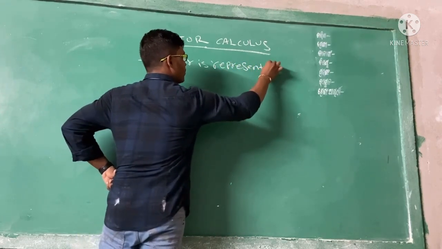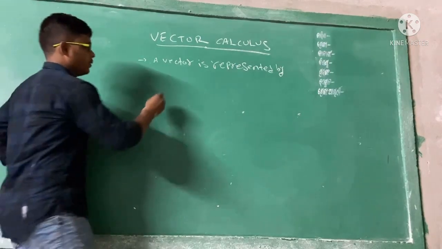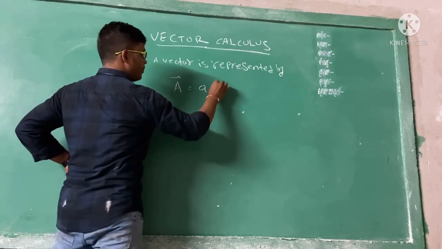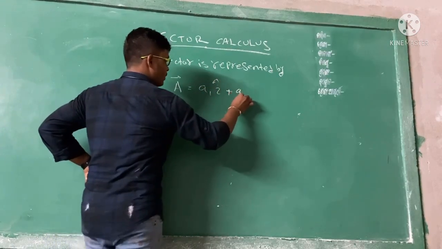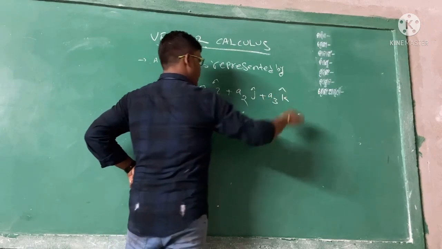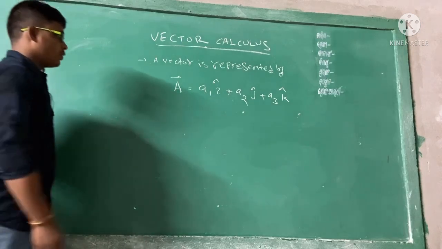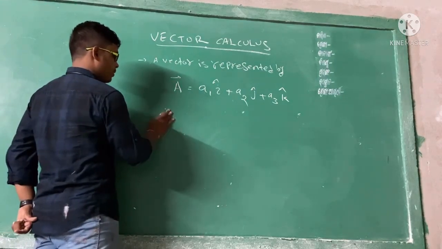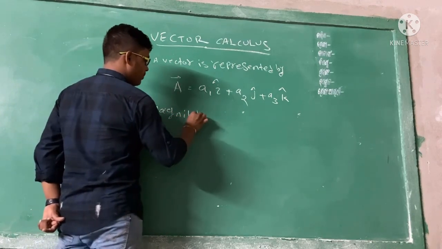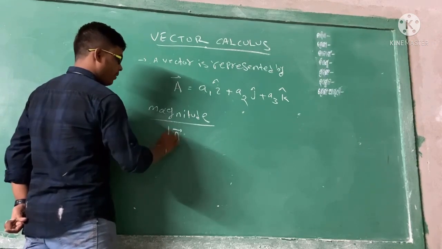Okay, so let's discuss the vector representation. How will we represent a vector? We have three unit vectors and we have magnitude. What did we discuss? Magnitude and direction. Magnitude is the value, and the directions are the unit vectors in different directions i, j, k. So how is a vector represented? Let us consider a vector. Look at the arrow. It is a straight line with one arrow at the end. So vector A equals a1 i cap plus a2 j cap plus a3 k cap.